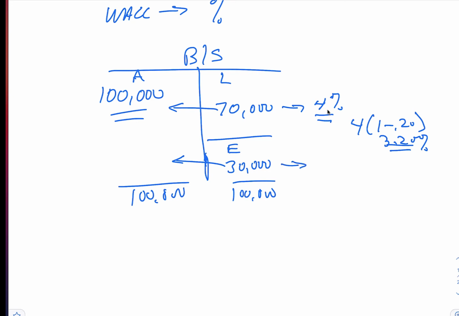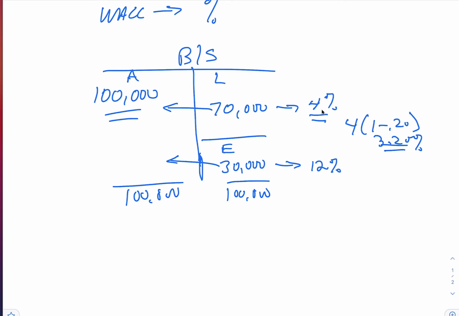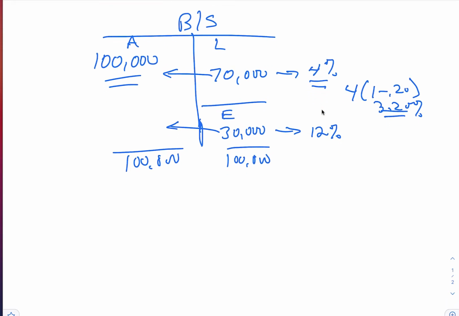And then for your equity, your down payment that you put on this house, let's say you had to pull this out of a mutual fund account or some account that earned 12% because it was invested in the stock market. So what I'm saying is that $30,000 has an opportunity cost of 12% per year because you could have invested that in the stock market, and those were your expectations for the return on that $30,000. So now, given this information, we can compute your weighted average cost of capital for buying this house.